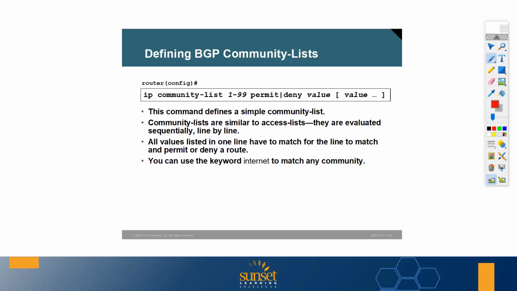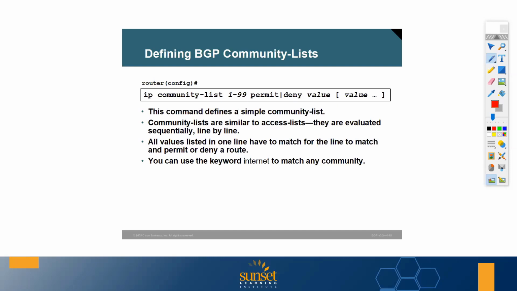And you can have multiple community strings. If I see this combination, I'm going to do a lot of other things, okay? So I can utilize that within a route map. As I show, community string lists are very similar to access lists. They're top-down processing that you're going to see. All values listed in one single line have to match for that route to match this community string access list,